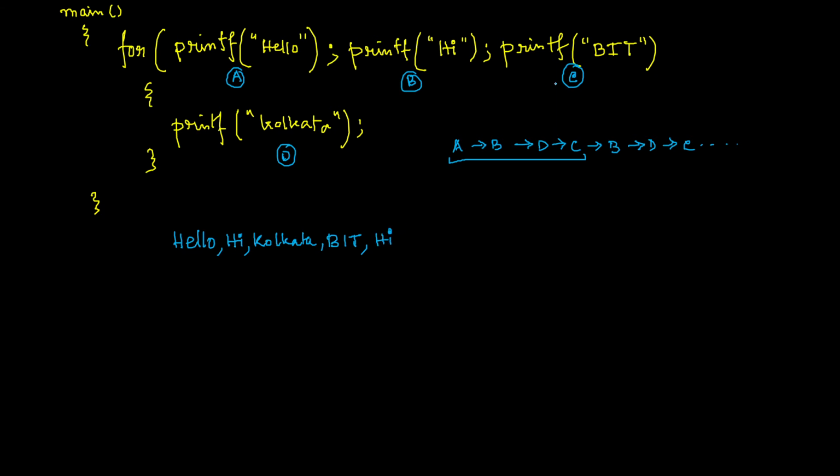Because after C, obviously the condition checking part should come for execution. Although you have not placed any condition checking, that is not important because the compiler doesn't really care about what you have written in this part, this part, and this part. That means depending on your requirement, you can play with this for loop in any way. But remember, you must have these three portions in the for loop.